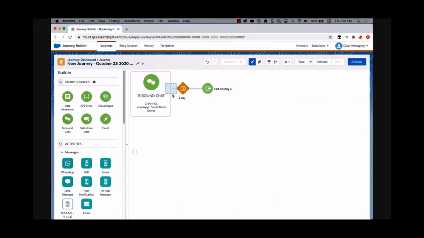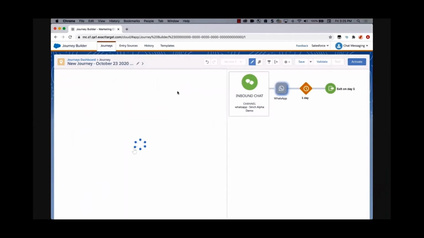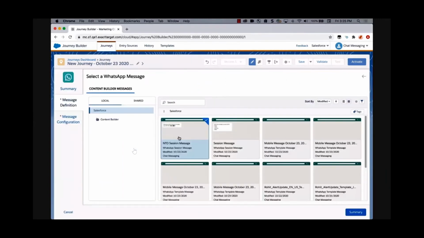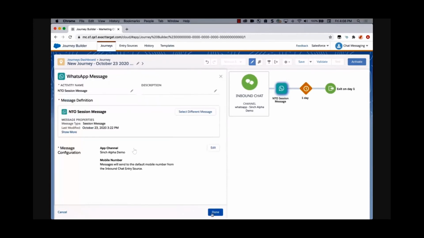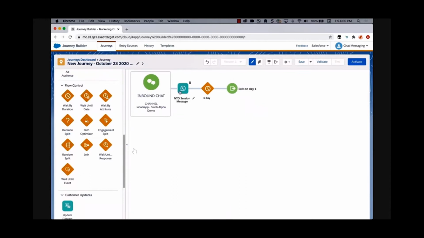Next, we'll drag that new WhatsApp activity onto the canvas. We'll select that session message we just created. Since session messages don't need WhatsApp approval, we were able to build this directly in Content Builder. Once we select our message, we'll also select the appropriate app channel on which to send this message. Now that we have our first message configured, we can add a wait until response step, and this allows us